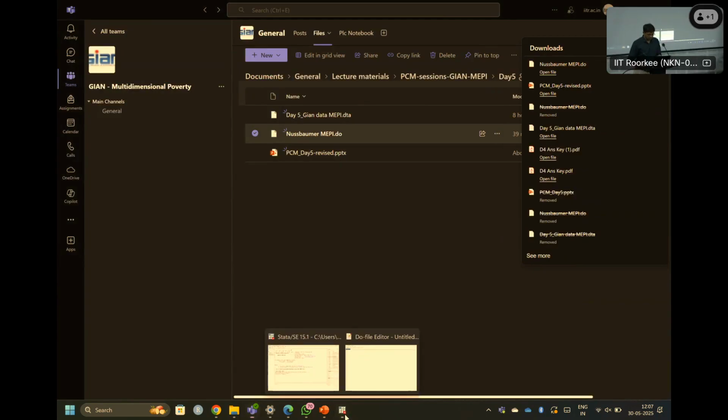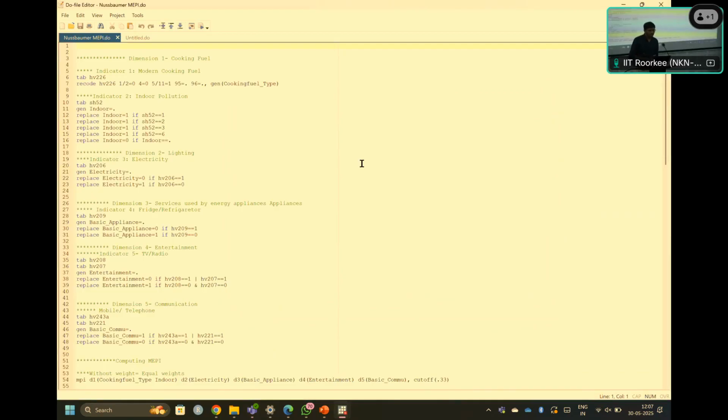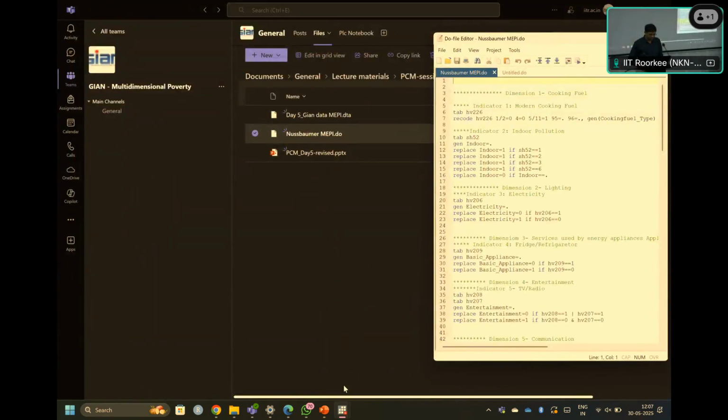Okay, so now I am able to open it. Let me give you some background information about this data set and the indicators, variables, or dimensions which have been suggested by Nussbaumer et al. in their paper. So we will be utilizing the indicators. I'm just telling you from here at this moment, then I'll directly operate this data.